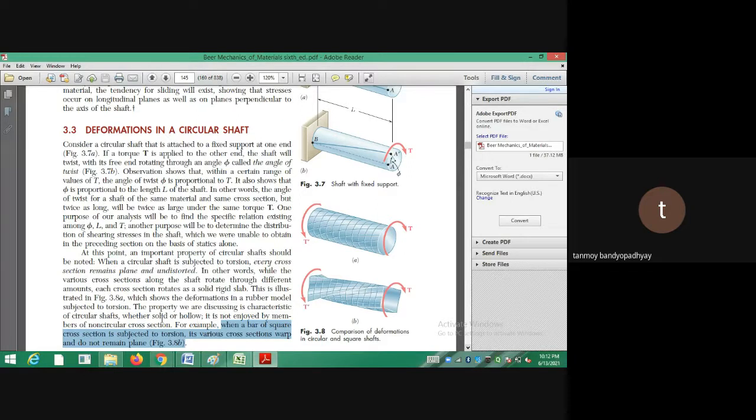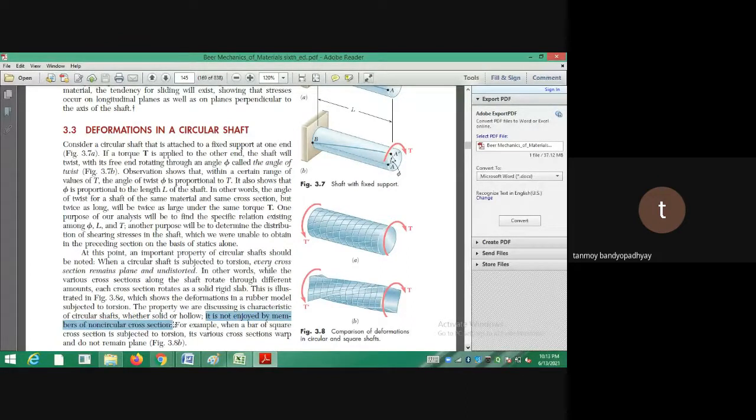So this is something that is enjoyed by circular shafts. That is why most of the shafts are circular. You can see that it is written that it is not a case for members of non-circular cross section, such as square, rectangle or trapezoid. These are bars of non-circular cross section. In this chapter you will see many sections devoted to non-circular cross sections, but in our syllabus only circular cross sections are there. So we'll be sticking to circular shafts.